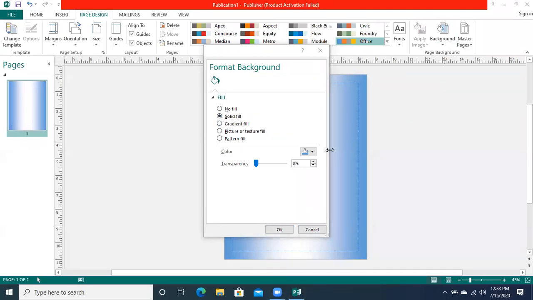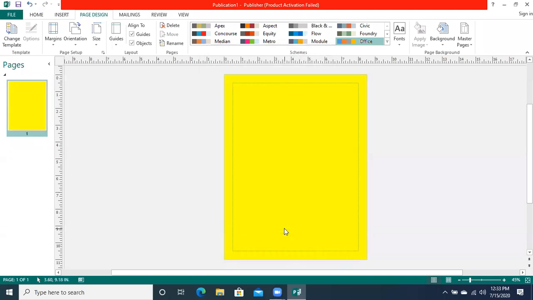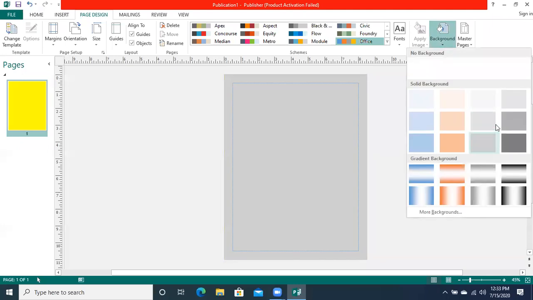solid fill with some color which was not there in the predefined background. You can choose some other color that you like. For example, if I select this yellow color, then I say okay, you will see that this yellow color has been applied over here. So if you are interested in a color background which was not there in the given colors, just like if I go to the background, the yellow was not there.